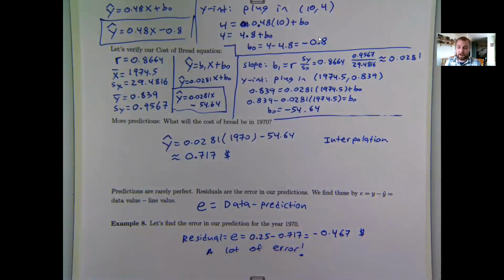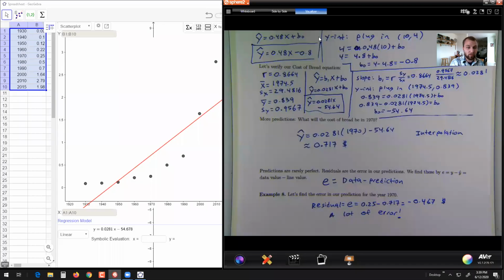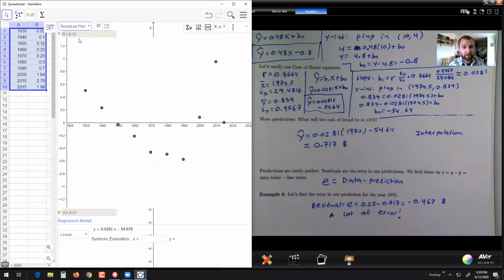Some values are going to have higher residuals than others. And one neat thing about GeoGebra is it can actually do a graph of your data like this, but it can also do something called a residual plot. And by doing this, you can actually see the areas where your predictions are going to be the strongest, where you have very little error, and where your predictions are going to be the worst, where you have a lot of error. Notice for 1970, I have approximately negative 0.467. That's matching up with the value that I got by hand,